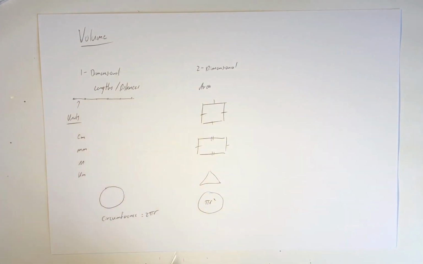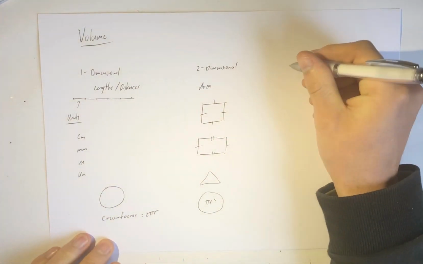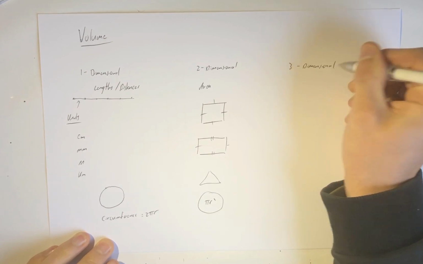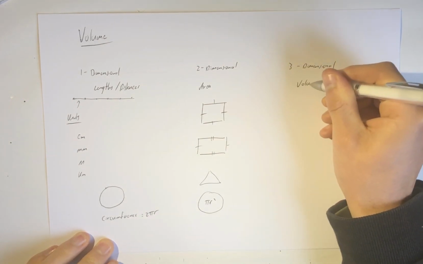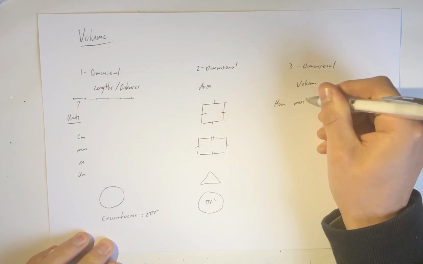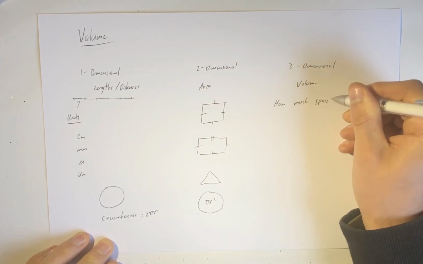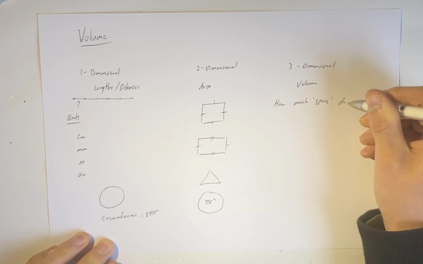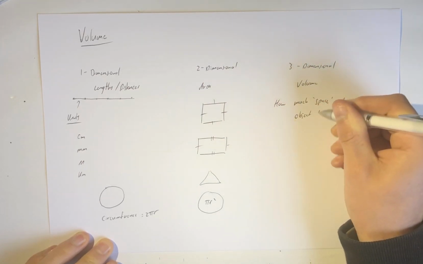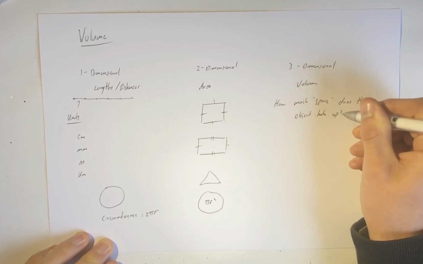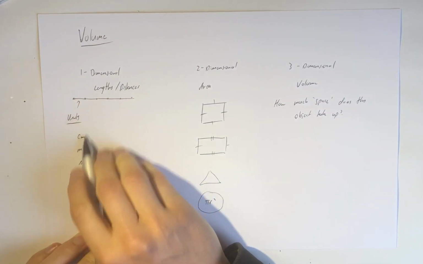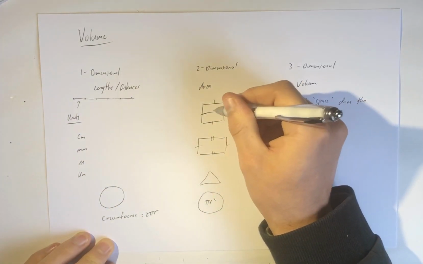Two-dimensional was area, and then three-dimensional, that's volume. That is asking how much space does this object take up? And so with our lengths and distances, we had our units of measurement, and same thing for our